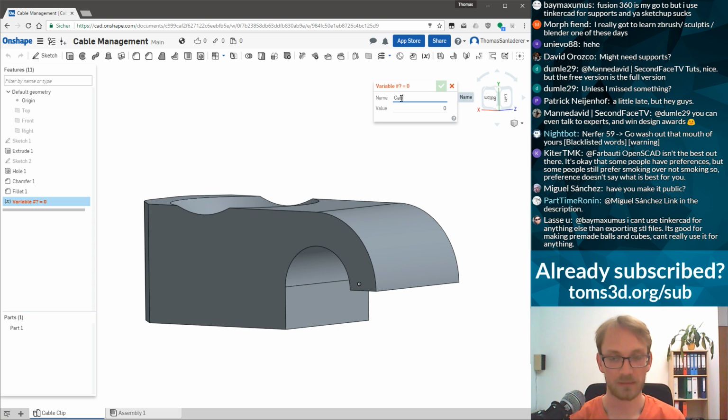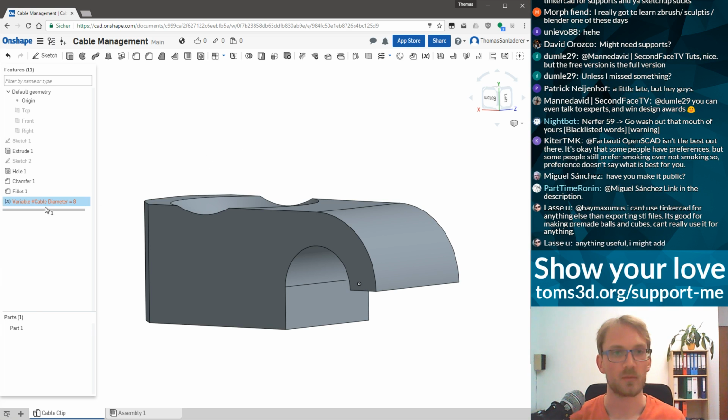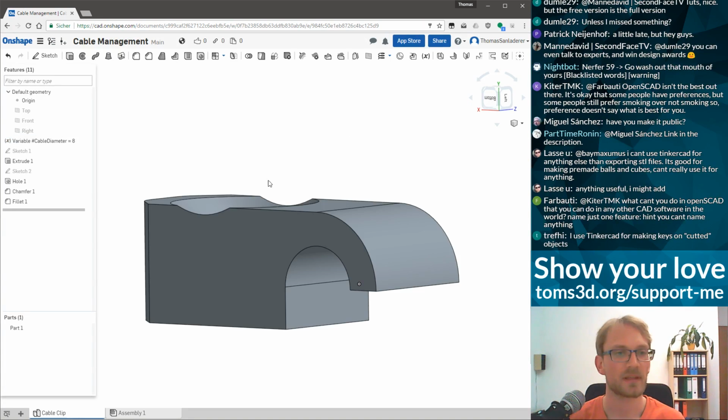So this is cable diameter, and we're going to give it an 8. That's 8mm, obviously. Why is this red? Hoping this works. We need it right up here. What? Did not. Must be okay. So we can't have a space in here. Sorry. Cable diameter. Perfect. We did pull it up to the very